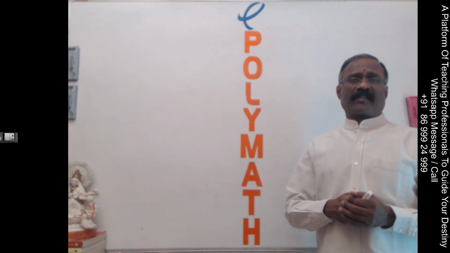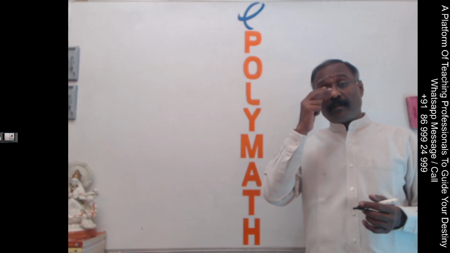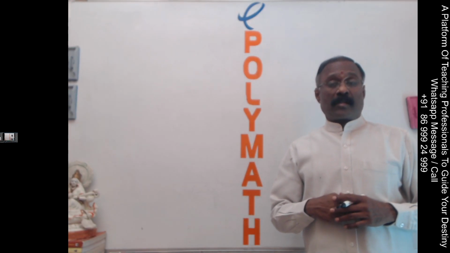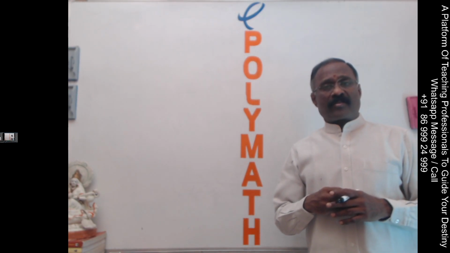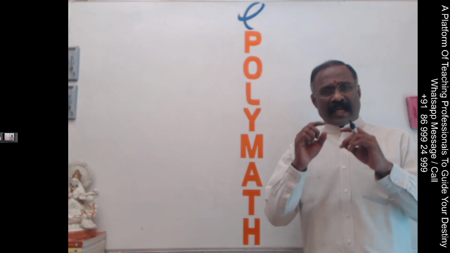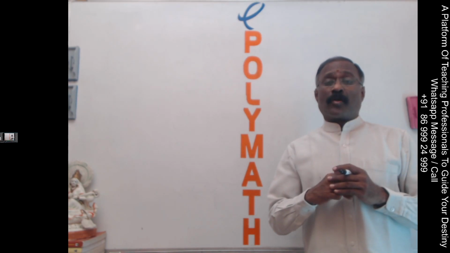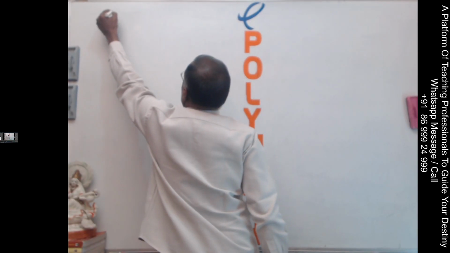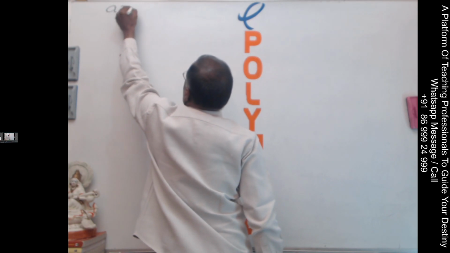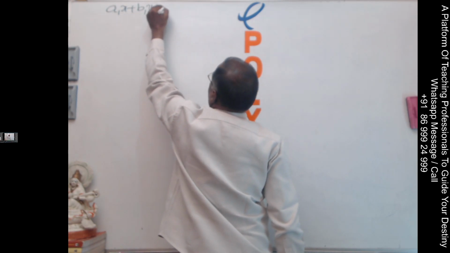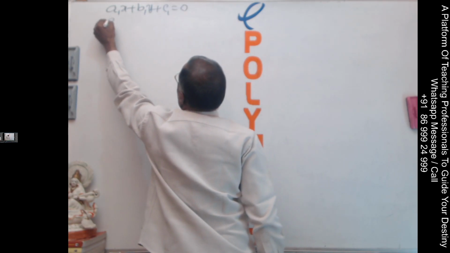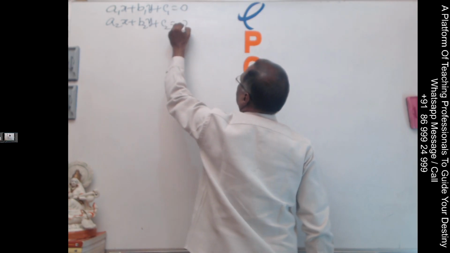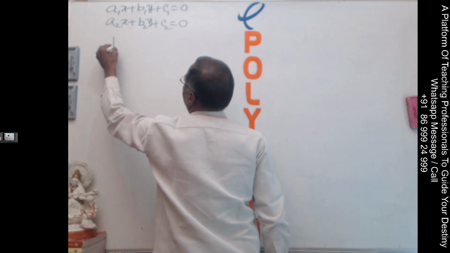How to find the point of intersection? I taught you that in the previous sessions, and this shortcut I am teaching you is very well known to you, but we adjust it according to our convenience to write the point of intersection within one step. That is, if the lines are a1x plus b1y plus c1 equal to 0, a2x plus b2y plus c2 equal to 0, then the point of intersection is simply got by